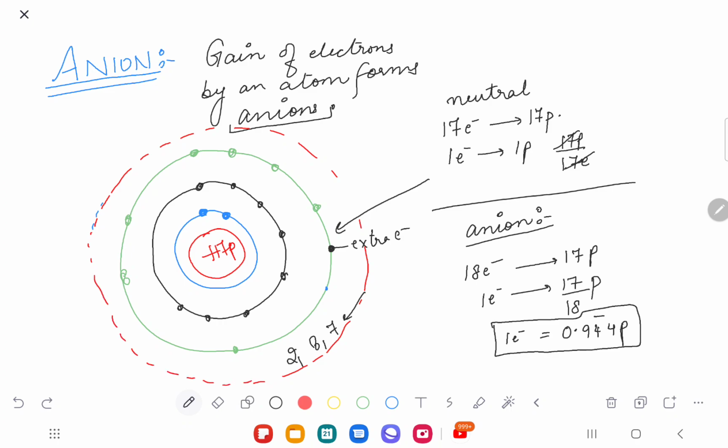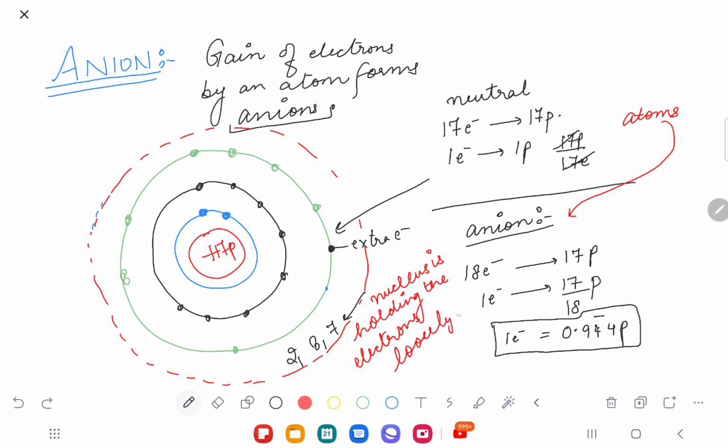Yes. Now, Mark, the point is, once the atom converts into its anion, can I say that the nucleus is not holding, or the nucleus is loosely holding the electrons? Nucleus is holding. Exactly. It is holding the electrons loosely. And now, could you understand this point that if I say there is P minus 3, so phosphorus was